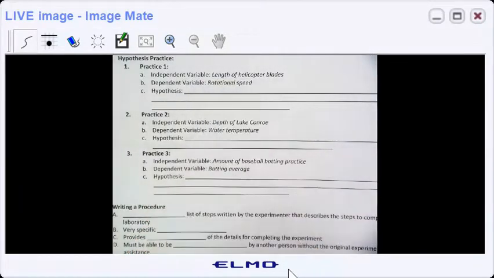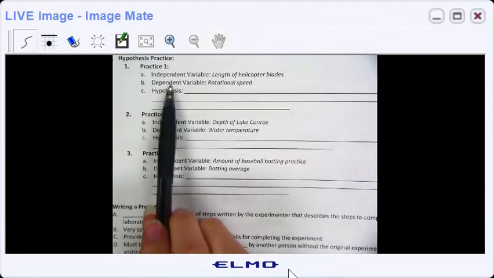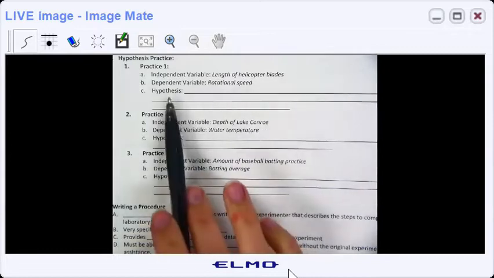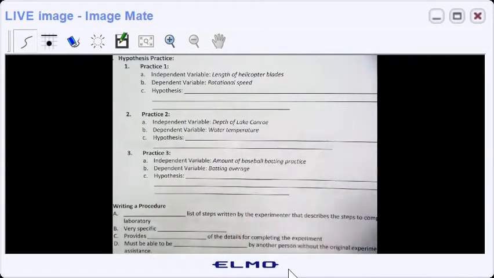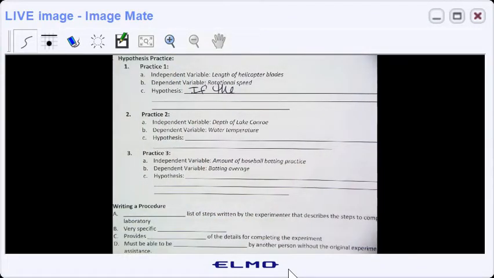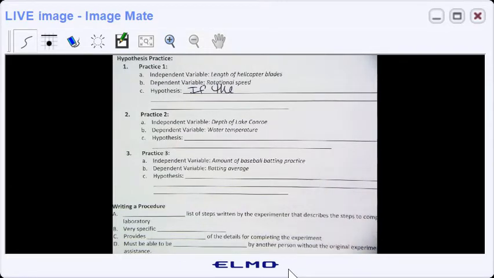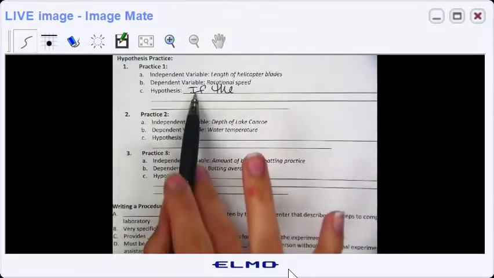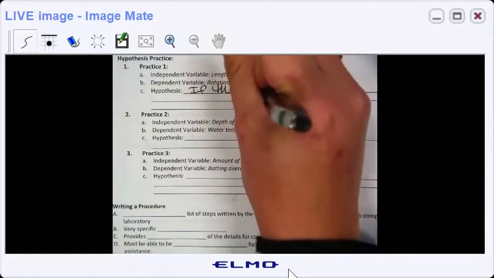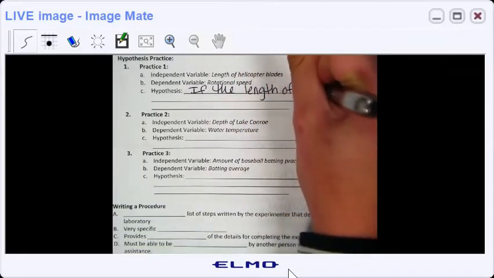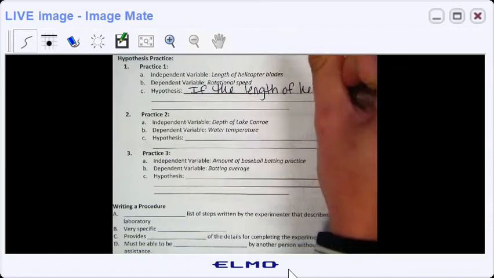It is the length of helicopter blades. And then we have a dependent variable, rotational speed, so how fast in a circle it goes around. Hypotheses are written by starting with "if," so we write "if the," and which one always goes first when we're writing a question or a hypothesis? The independent variable is always written first. So if the length of helicopter blades,